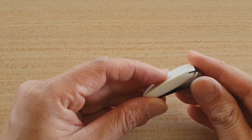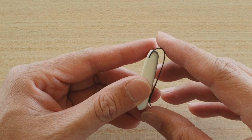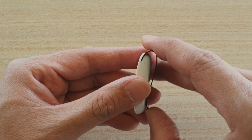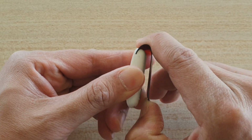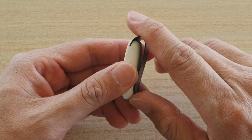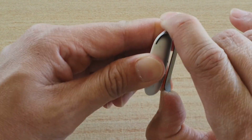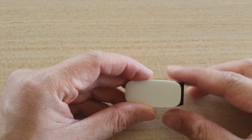Now, one thing I found with this Foci gadget is that the clip is quite strong, so it can be hard to put onto your pants or your belt. You can see here the clip, you really have to use two hands. You can't just use one hand to open it. You have to really stretch it out, so it's a bit difficult to clip onto your pants. Apart from that,